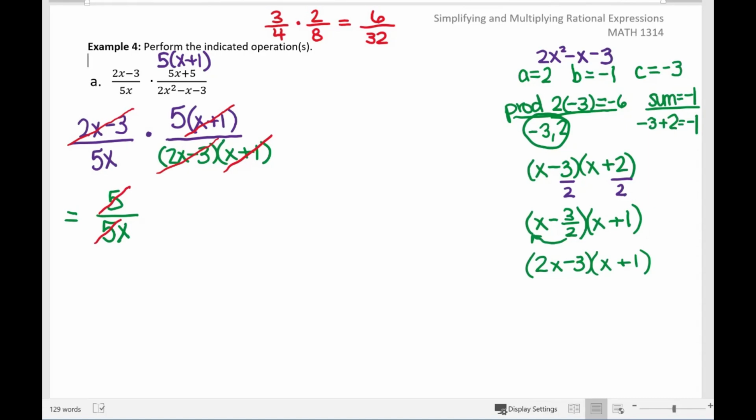But that doesn't mean that our answer is x, because that x is in the denominator. Remember, mathematical Vegas: what happens in the denominator stays in the denominator. And 5 divided by 5 leaves us 1 in the numerator. So that whole problem we started with reduces to 1 over